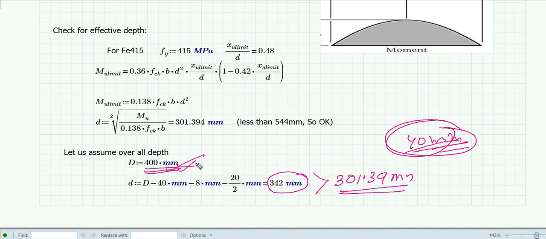As I have reduced this, because I have a lot more conditions that I have to satisfy, though I have changed it, there is always a risk that this might fail, because the design is not based on only one criterion, it depends on many criteria. So if the depth is more, obviously it will be on the safer side. Always you can say that it is going to be safe in all the other criteria, but it will not be economical.